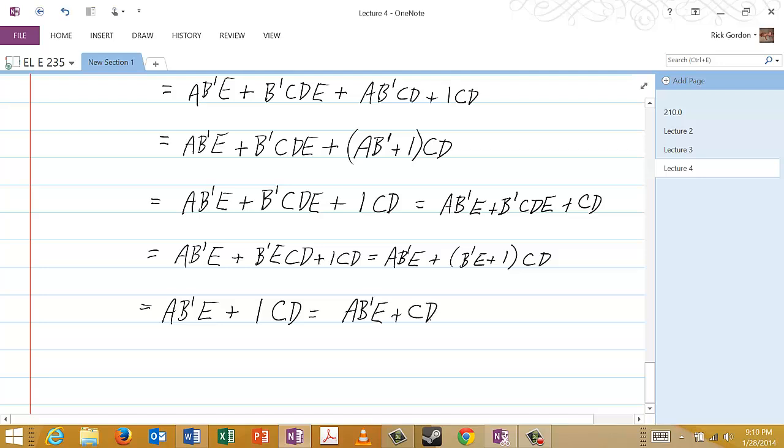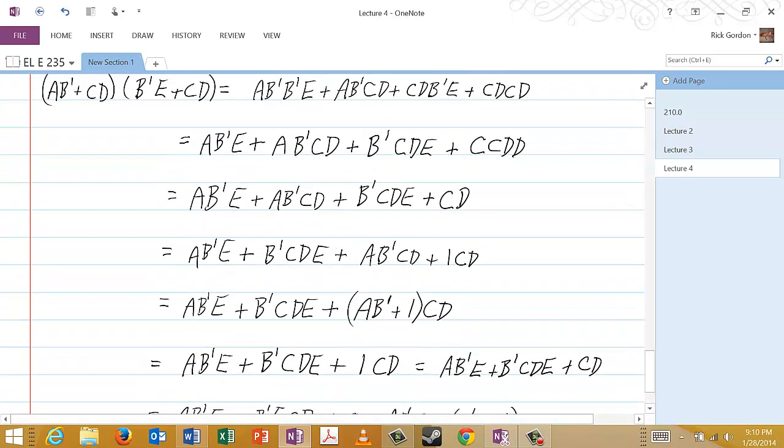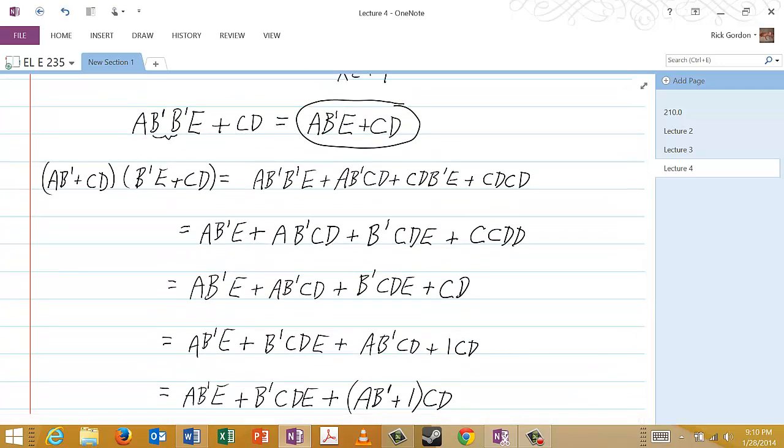And once we get to this point, I don't see any further simplification that can be done. And if we compare this result to what we had before, we see that it is indeed the same. It just took us a little bit longer to get to it. And of course, you might have done things differently. For instance,